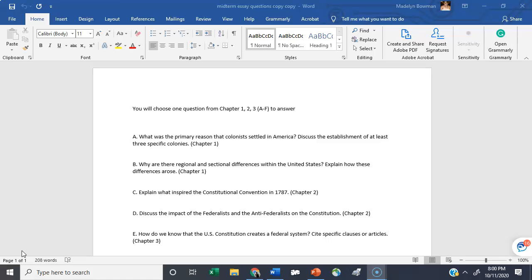The computer will choose which essay questions you get, but I want you to know that these are the questions that I'll be choosing from. You'll have one question that will be one of these 5 from chapter 1, 2, or 3. So you can prepare for all of them. And on the note card, I would put bullet points, and make sure that you use the formula that I have explained.